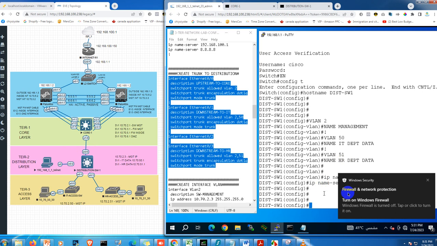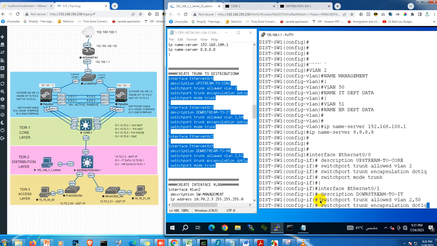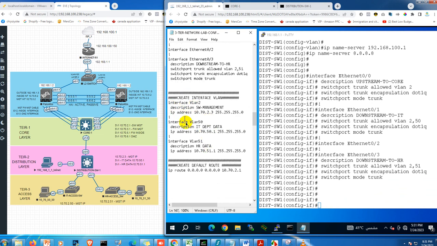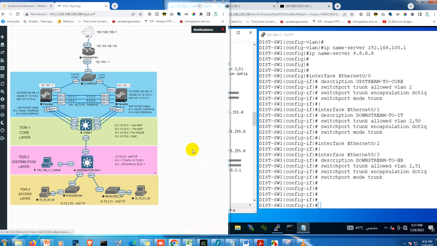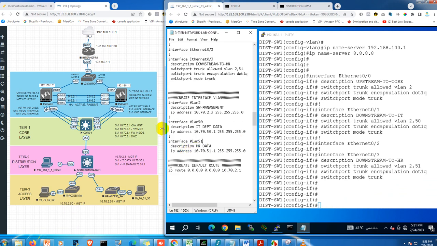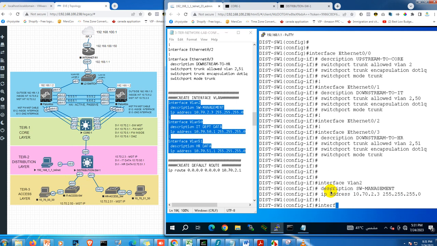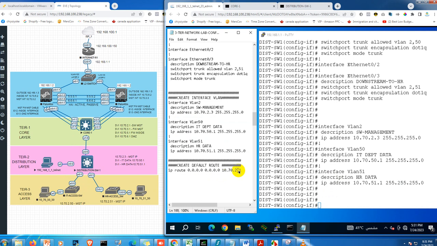Control C, then we'll paste it here. So trunks are finished, and then we need to create the interface VLAN for management, the interface VLAN for the IT switch, and the interface VLAN for the HR switch. Because on the distribution, we want the access switches to be able to route to each other using the distribution. It will send the packet to the core switch if it is going to the internet or going to the data center. Okay, so Control C, paste, and then we'll create a default route from this distribution going to